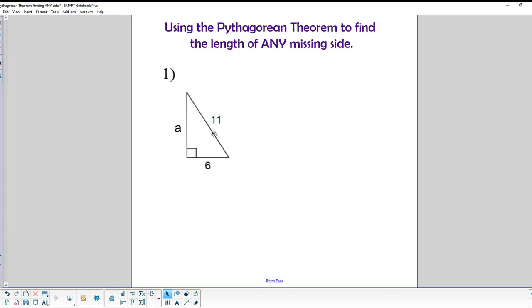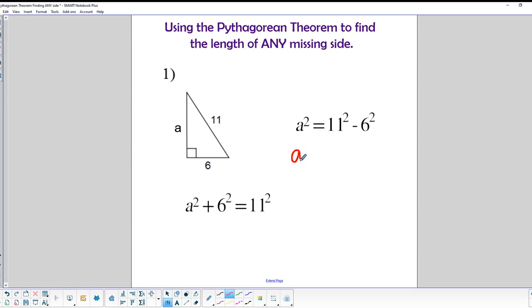So here's what that looks like. If you put them into the Pythagorean theorem, you're going to have a squared plus 6 squared equals 11 squared, because you don't know a, but you do know b and c. In order to find a, we're going to have to do a little rearranging and subtract 6 squared from both sides, as you can see here, and then finish solving the problem. So what would that look like if we did that? Well, you'd have a squared